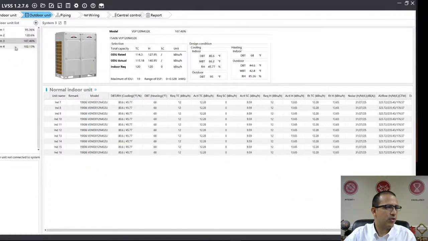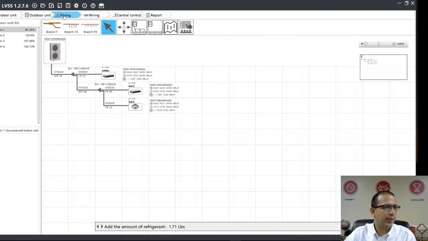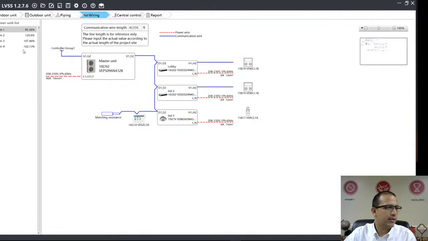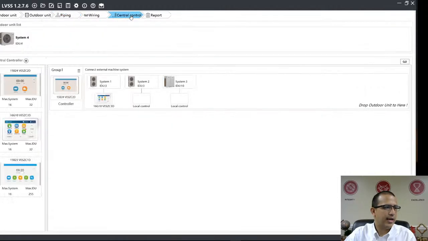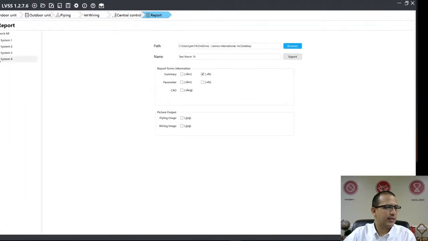So now I have my system 4 here, and I do the same piping and wiring for my system 4. I can add it to the central controller, put it here, and just add my report and select system 4 and generate the report again for this system. So that's what I have